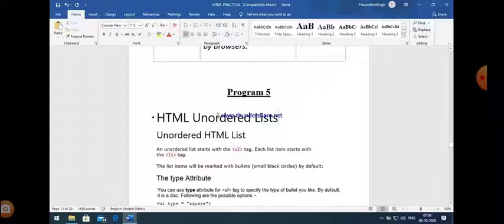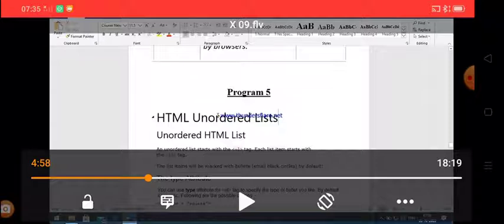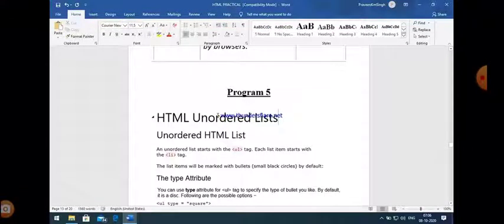Now it is program 5, and it is related to the HTML unordered list. So basically it is related to lists. First of all, we have to know the meaning of a list, and how many types of lists there are in HTML. If we want to represent our data items in a particular format or in a series, then we can use a list, and lists are of 3 types: unordered list, ordered list, and definition list. When we say unordered list, that means we cannot give a number in any manner to the different list items. So that is called an unordered list, meaning there is no order at all.